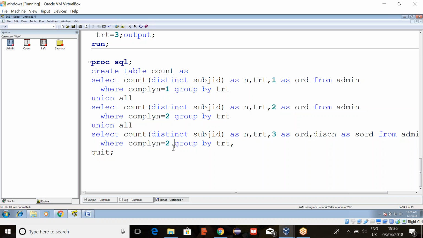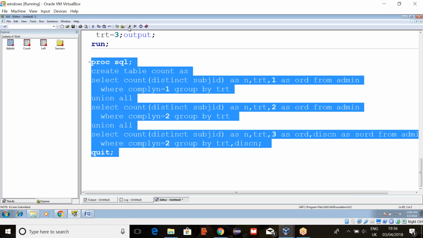Here we are calculating for discontinuation reasons, right? For reasons also this will be true. So as we are calculating for discontinuation reasons, we have to take that in the group by clause, and run this.